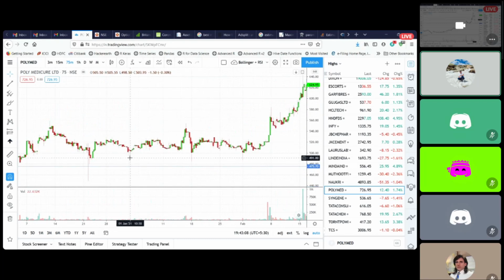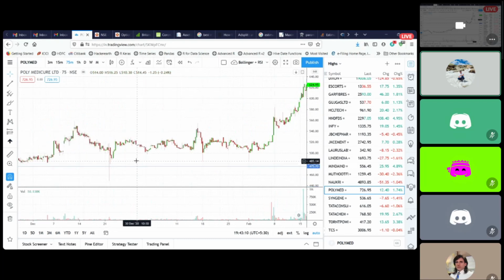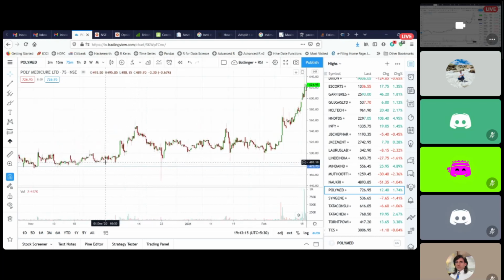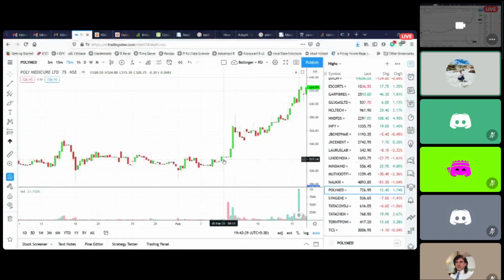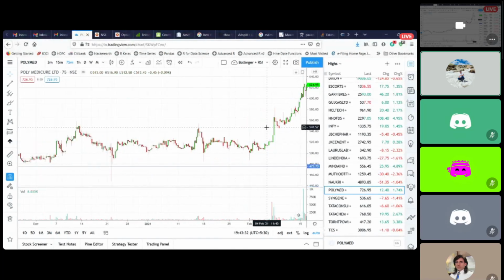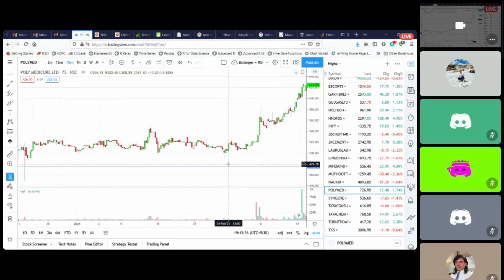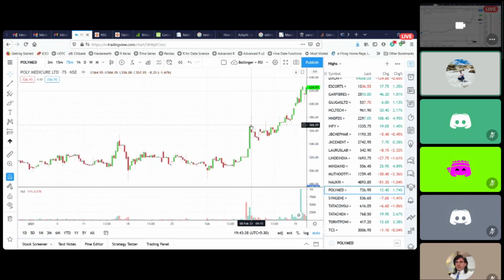Then again, now I know that it is continuously making a good support in the 480 to 500 zone. So at 480 there are lots of candles here, at 500 lots of tops and bottoms here. So this whole zone is a very, very nice support zone. So when I again started seeing big green candles coming in from here, this is where I started taking an entry again and booked it out at the previous highs of 560. This was the high at 558. So this trade booked out at 558.